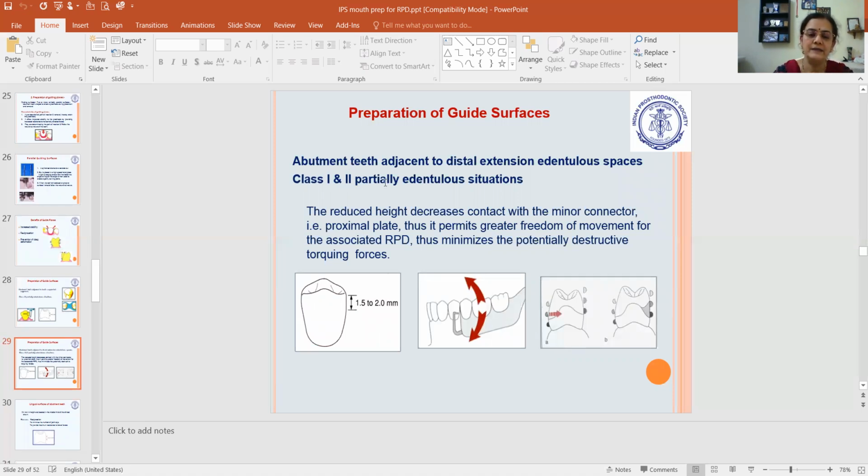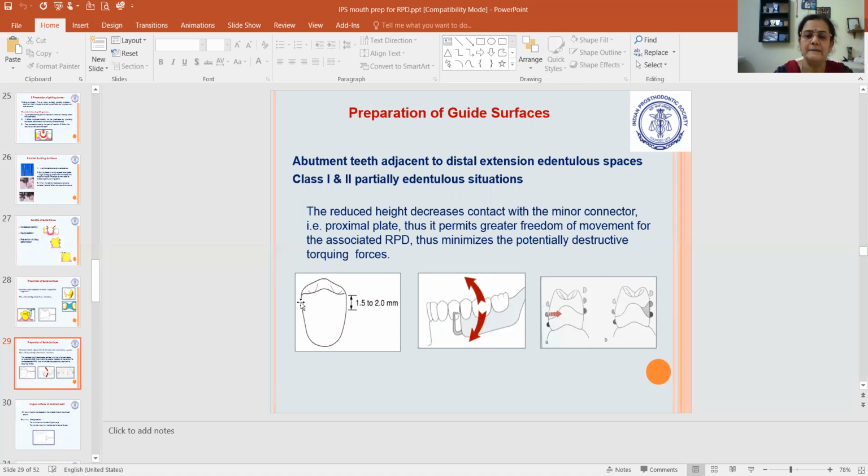Preparation of guiding planes when the abutment is adjacent to distal extension spaces, as in class 1 or class 2 partially edentulous situations. Here the height of the guide plane is slightly reduced, about 1.5 to 2 millimeters in the occlusal gingival area on the proximal side, and the reduced height decreases the contact with the minor connector, that is the proximal plate. Thus, it permits greater freedom of movement for the associated removable partial denture, and ultimately minimizes the potentially destructive torquing